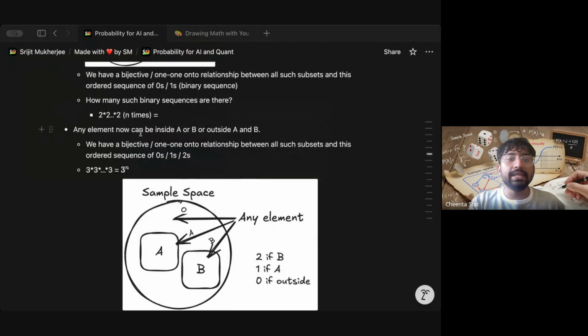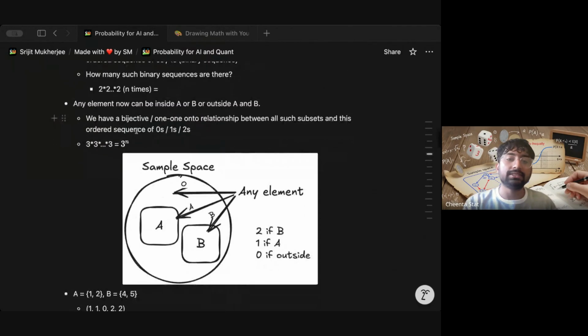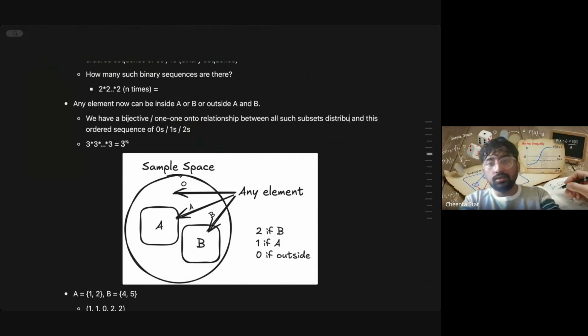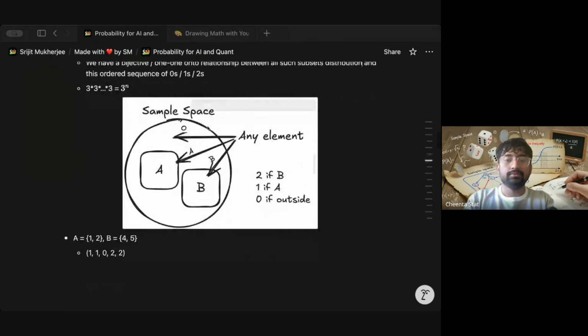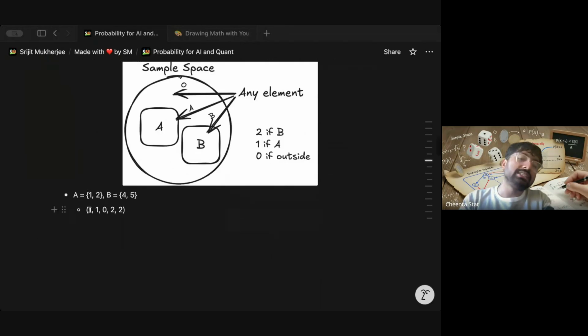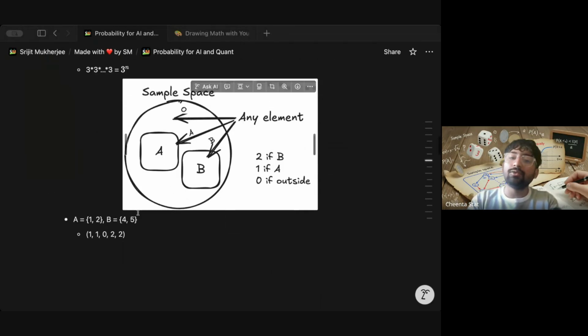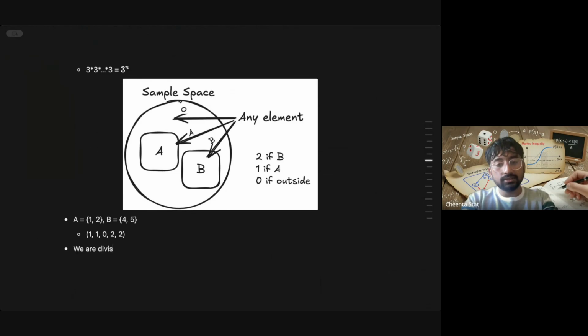So what I'm saying is that now we have a bidirectional relationship between the subsets distribution and the 0s, 1s and 2s. Observe that if A is equal to {1, 2} and B is equal to {3, 4, 5}, we have this coding of 1, 1, 0, 2, 2. We have 1 for in A, 2 for in B, and 0 for outside. So what we are doing essentially here is dividing the entire sample space into 3